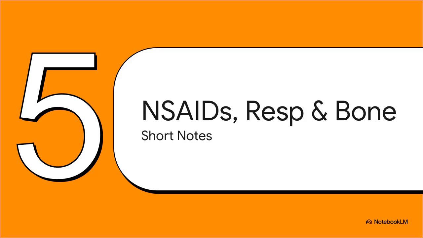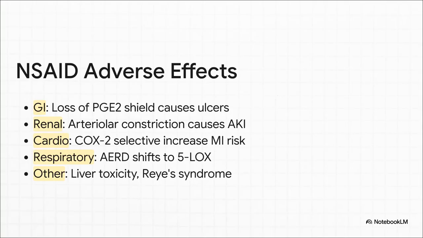Section 5, NSAIDs, respiratory, and bone. Finally, we are bringing it home with 3 crucial systems. Let's finish strong and lock in these last marks. We must completely map out these side effects because they stem directly from exactly where the inhibited prostaglandins were serving protective functions. Gastrointestinal, the loss of protective PGE2, which normally stimulates mucus, bicarbonate, and EP3 acid inhibition, straight up causes